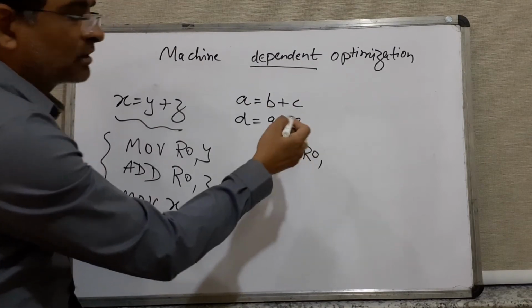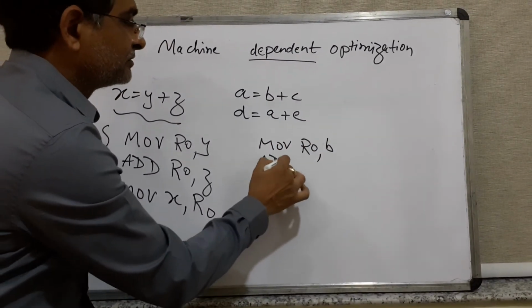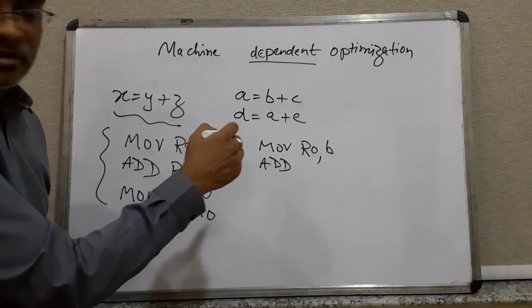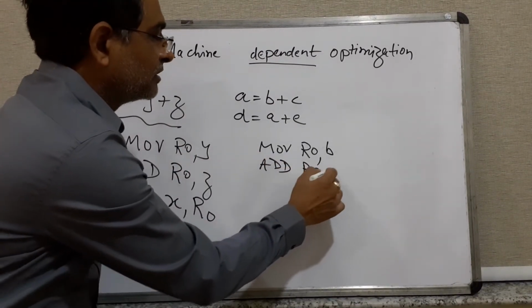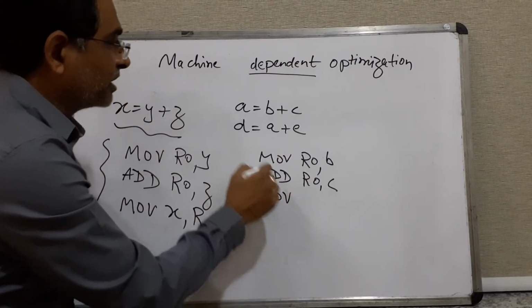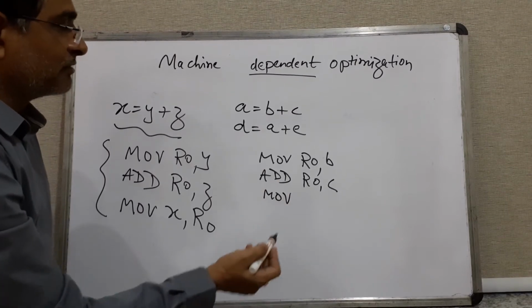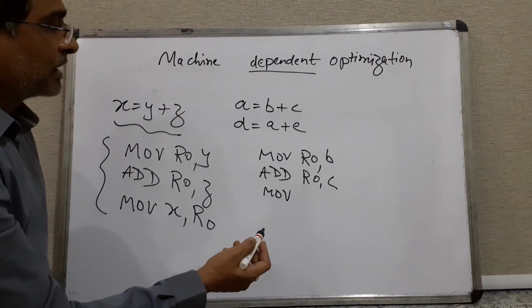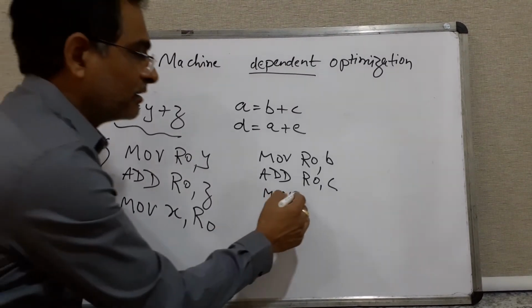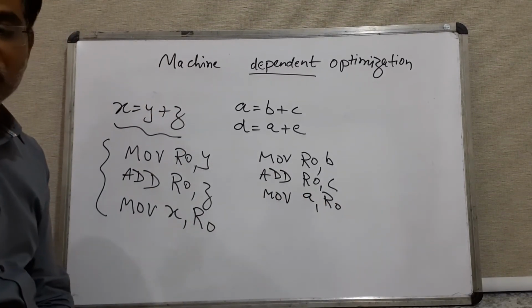into r0, you can take any of the variables, let's say b, and then add c to r0, right? So then this content is already there. Move, I need to store somewhere. I'm writing it independently first of all, and then I can say that certain things could be merged even. So move the content of r0 to a. So the content is then stored into the variable a.